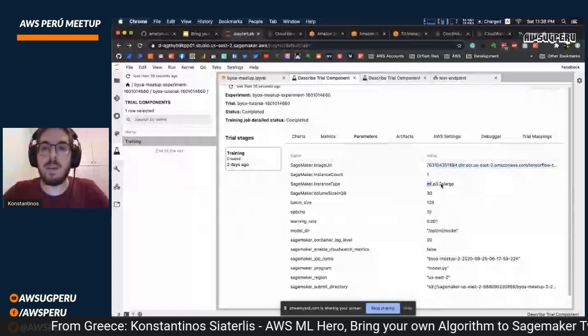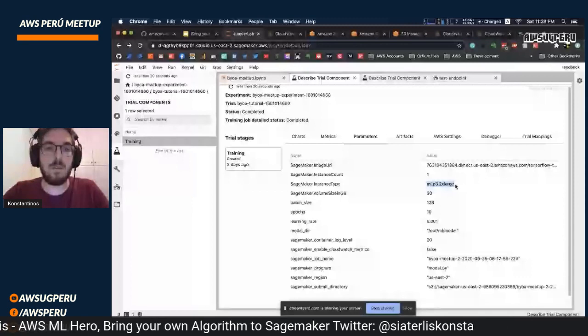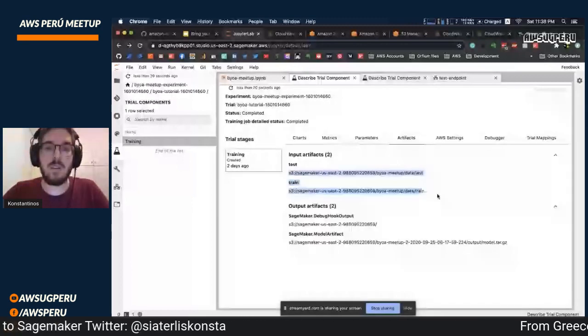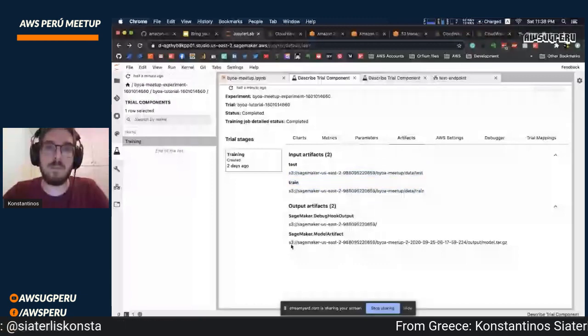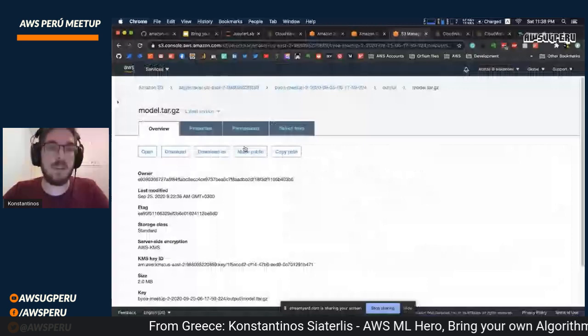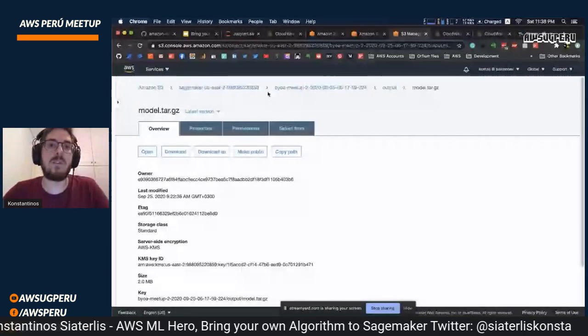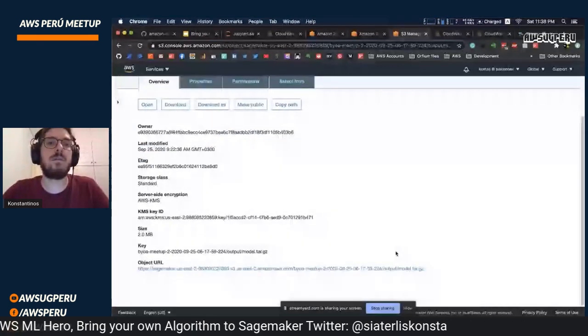The instance type that I ran it on, and so on. You can see the artifacts of your model, where the inputs are, what the outputs are. Here, for example, it says this is our model. And if I go to S3, you can see that I can download my model and play locally with it. It's now trained. So very good.